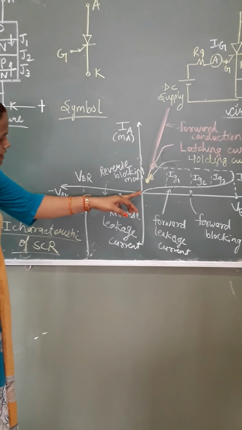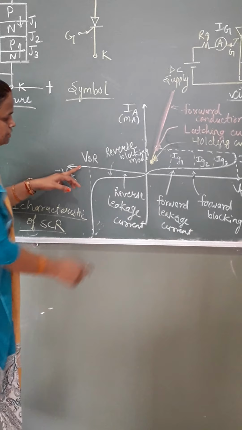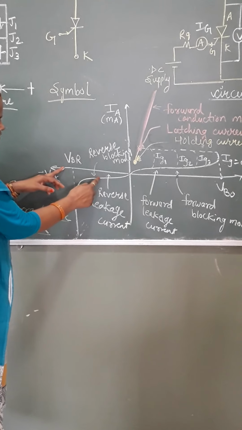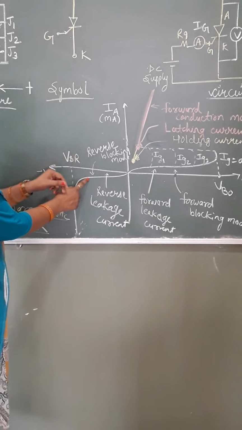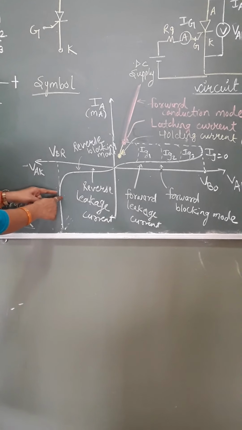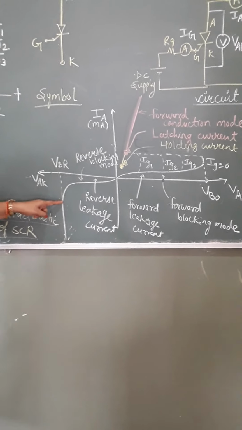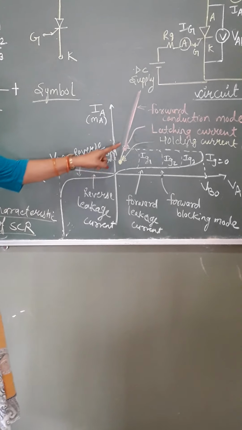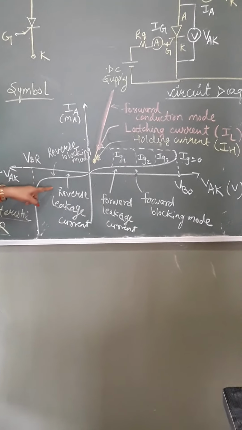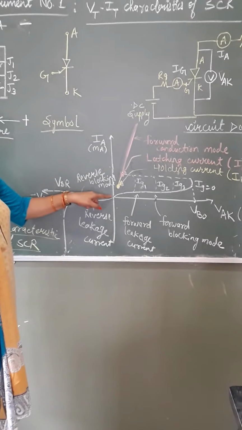When you apply a negative signal to the anode terminal with respect to the cathode, as you go on increasing the voltage, the device can block the reverse voltage. VBR is a point where you can break the device, so it is never suggested to operate there because the device may get broken down. So this is unidirectional conduction with three operating states. Let us draw this characteristic by actually performing the experiment.